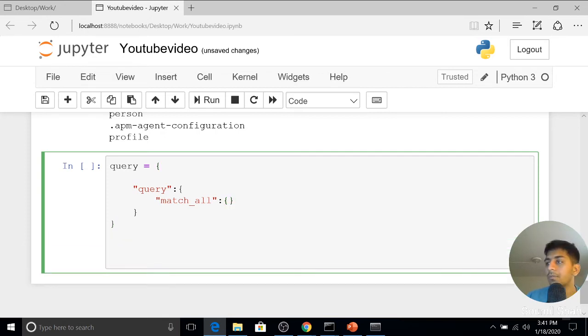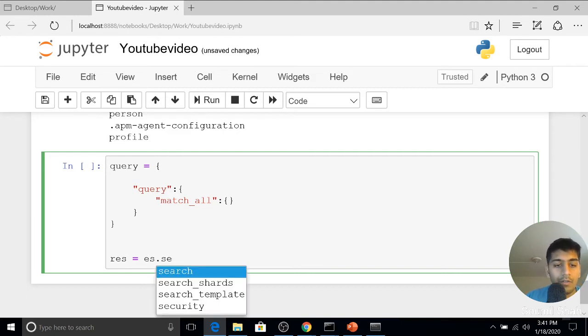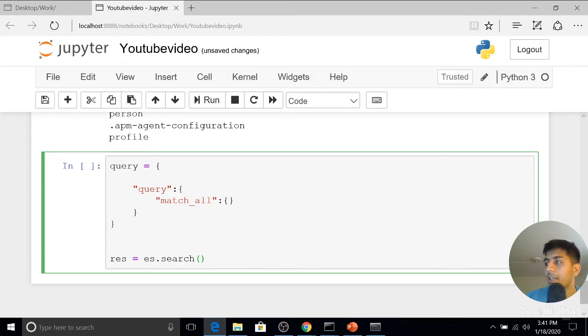Okay, so let's say response is equal to es, that is the instance that we created up, right? es.search, we have something called search. The search takes an argument called index. Where do you want to search? We want to search in the database called person. Then what table do you want to say? We supply table. It's fine if you want. By default there's only one table, so we don't need to specify that. So we'll just say body is equal to query. So we'll supply the query that we wrote,